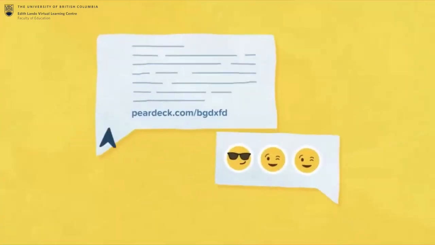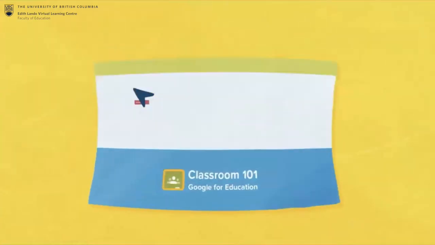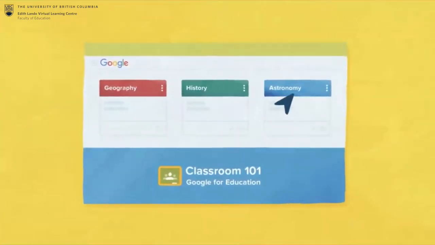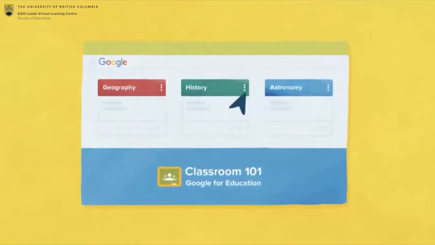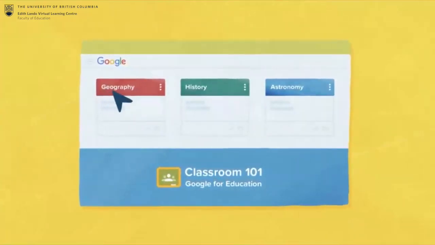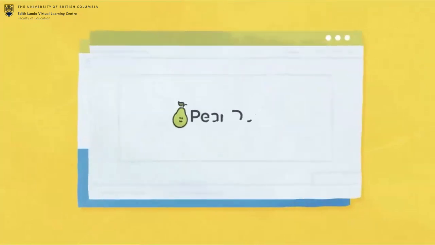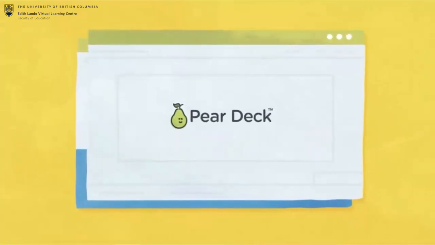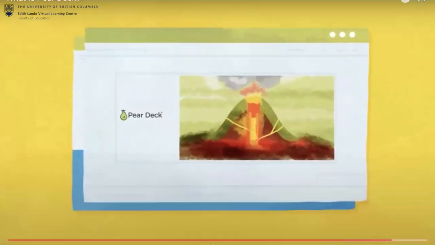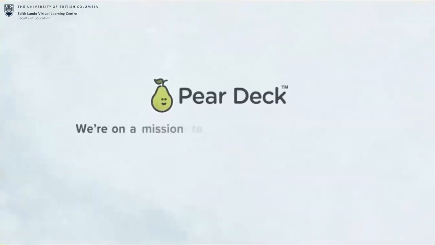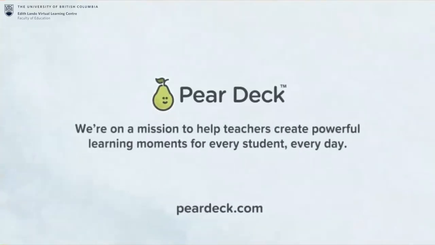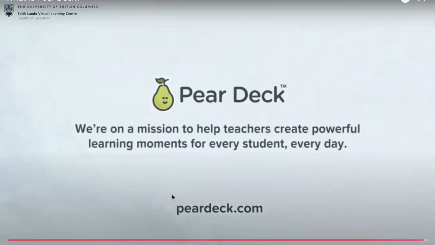Teachers may also provide a link directly to the session. And with Pear Deck's new Google Classroom add-on, teachers and students can access interactive Pear Deck presentations directly from within Google Classroom. Okay, good to go. I'll take it from here. Today, we're learning about volcanoes. Woohoo! Try Pear Deck for free at peardeck.com and start engaging every student every day.